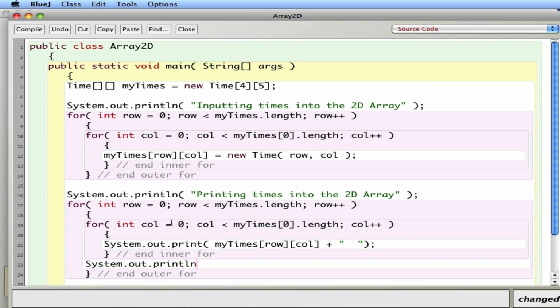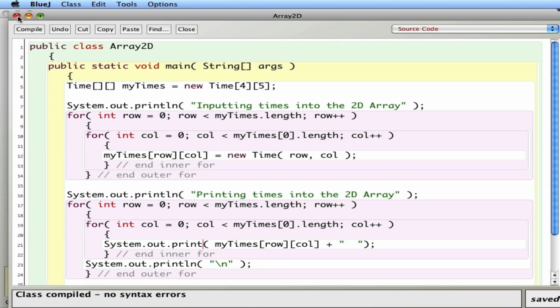System.out.println, and I'll print out a \n, which is a new line, or basically an enter, because that's the time I want to print a new line. So I'm going to not print a line after each time. I'm going to print the time with a couple spaces just so we get some separation. And then we're going to print a new line after that entire row, and then go to the next row. So let's try that. Compile, close,